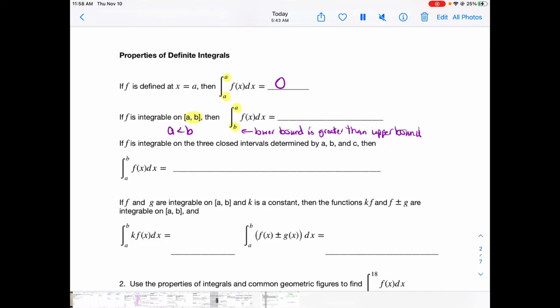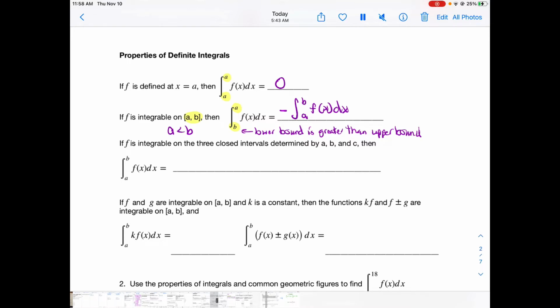I would rewrite the integral as the negative, or the opposite, of the integral from a to b of f of x dx. So in order to evaluate an integral, the lower bound must be lower than the upper bound. And we fix that by doing the opposite of the integral. Okay, if f is integrable on